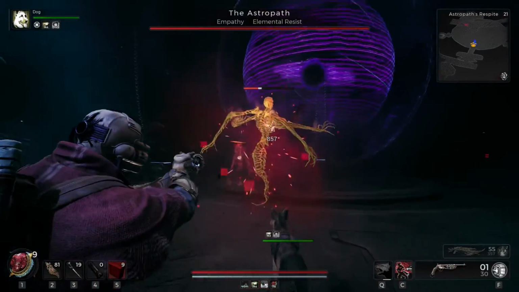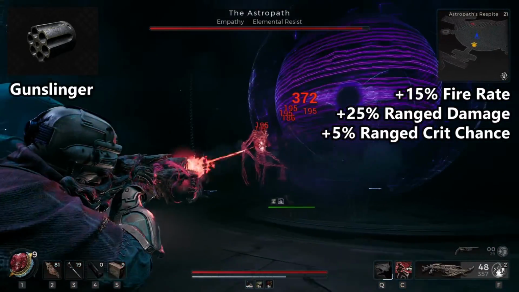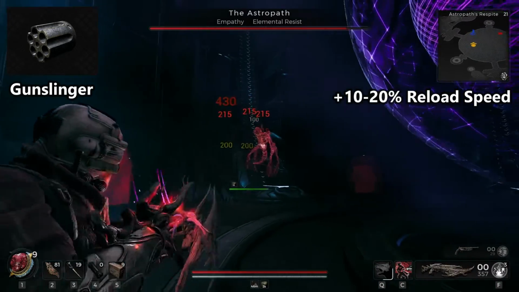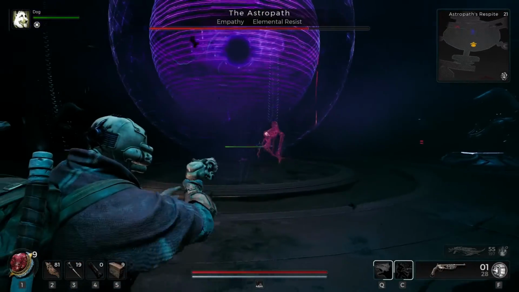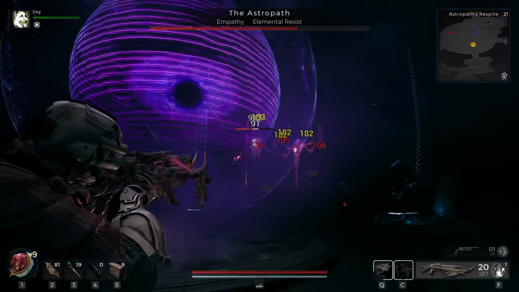As for the subclass, you want Gunslinger, increasing your fire rate by 15%, range damage by 25%, and a plus of 5% crit chance. Now, the big reason to choose this class is that it greatly increases fire rate and reload speed. We'll be using a really powerful gun that unfortunately has an extremely terrible reload time. However, with the buffs here and from rings, we'll get it to be much more fluid in combat